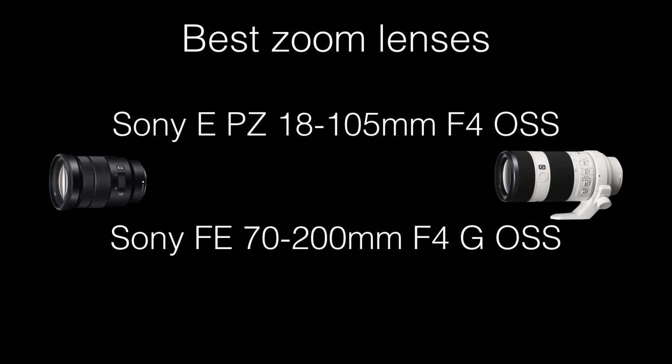For telephoto shooting, I still recommend that FE 90mm Sony, but if you need some versatility and want to be able to zoom in and out of your subject, then this is the lens to get. It's not as bright and definitely not as sharp as our prime contender, but with this lens, apart from versatility,